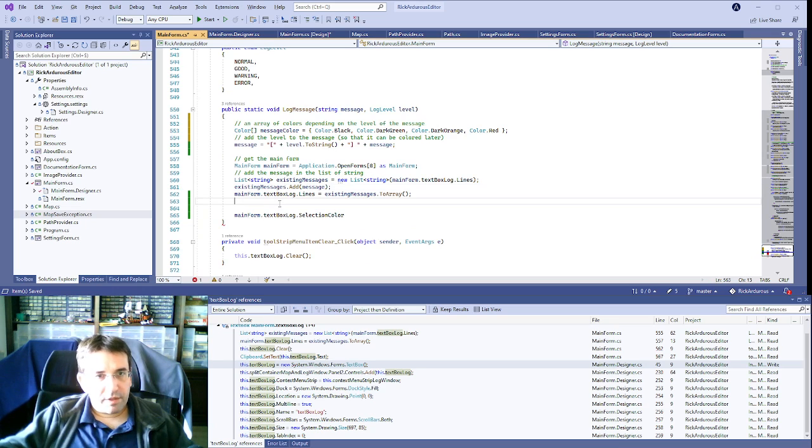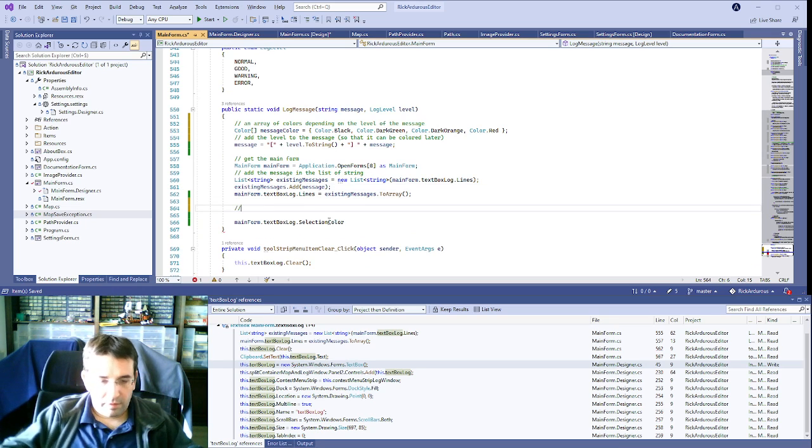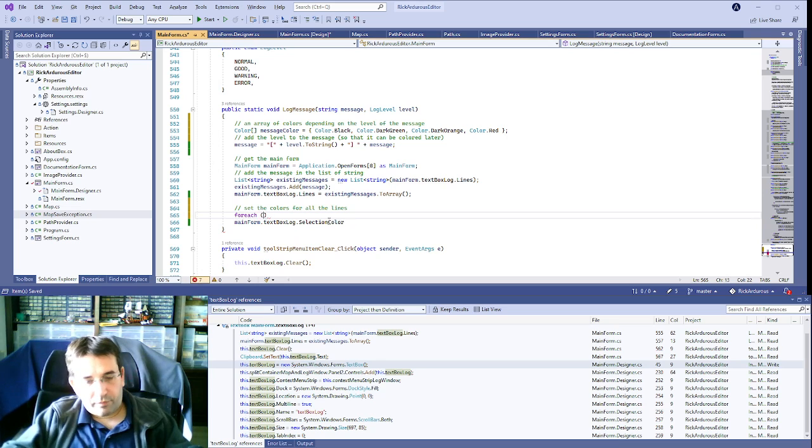So we add the message and then set the colors for all the lines. So for each message in existing messages,